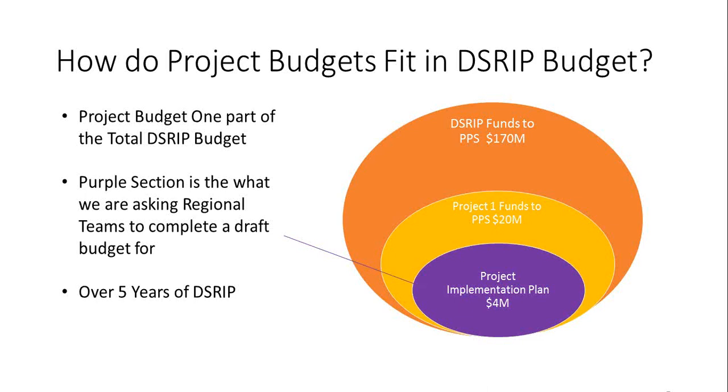We're asking them to say, here's the plan we've written. Here's the plan that's been conceptualized that we know we want to do. This is saying, what's our estimate of what that cost is to do that over the DSRIP period. We'll talk about that more in some detail, but that's a concept. But by saying that's our estimate for 4.1, we are not saying this is what we're submitting. It's not like a grant, and we're saying, you know, this is what we need to do.